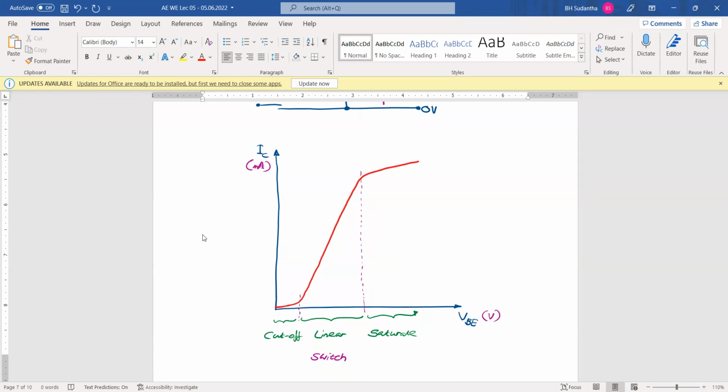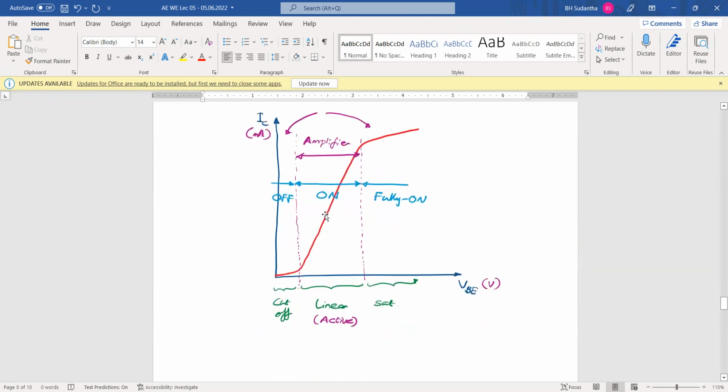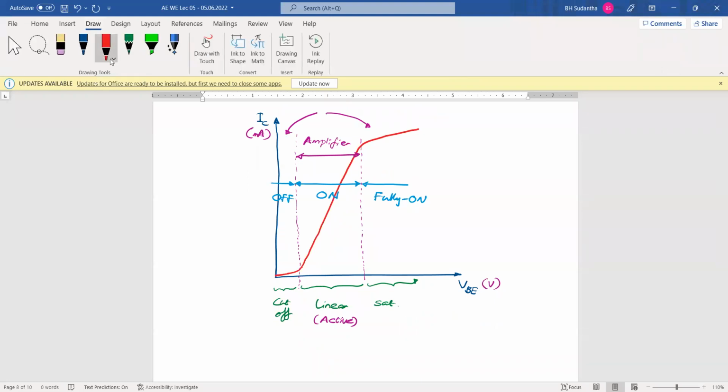But here we have to have some kind of clarification. I told you that in the transistor we have on mode and fully on mode. Because of that, we say here at this point,